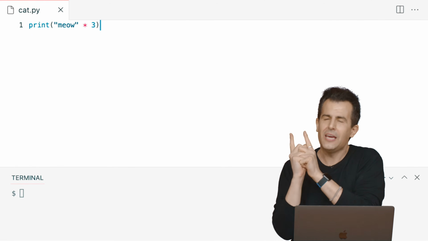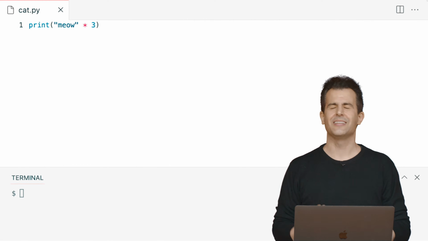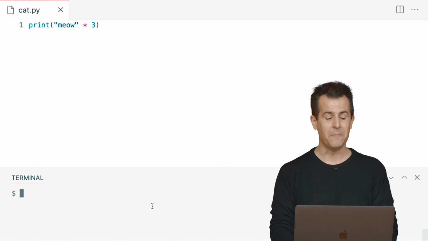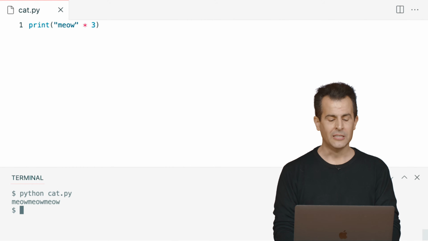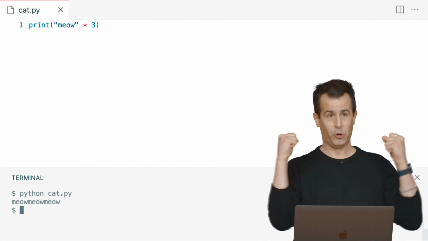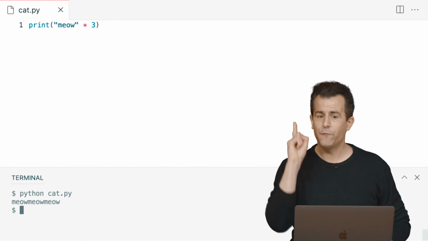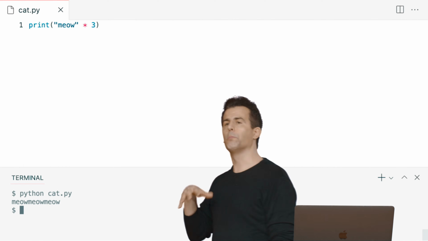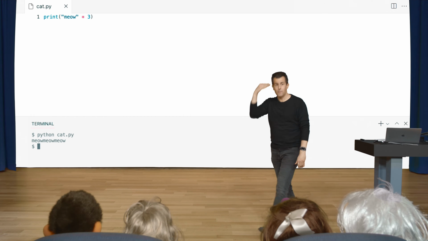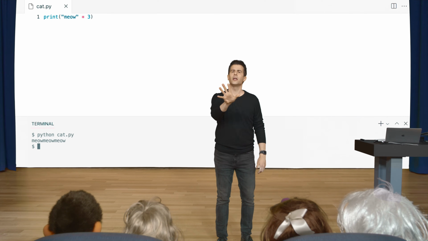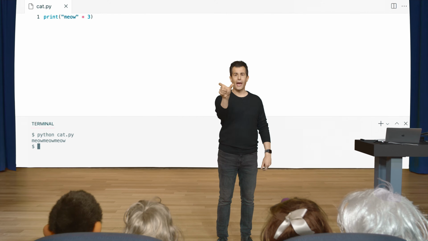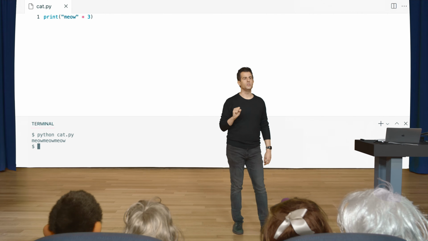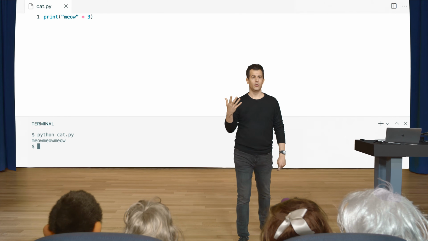Now, I've kind of made a mistake here, so let's see what this does. It's not quite as beautiful as this code might look to some of you, to me. Let me run python of cat.py, enter. OK, it's a really hungry cat or something. It's meowing really fast. But I can fix this, I bet. Let's think about some of the basic building blocks we've discussed. The problem is clearly that meow, meow, meow is being repeated 3 times, but it's not as pretty as I want it. I want it to be meow, meow, meow on separate lines. What might be a possible solution here while still using this multiplication operator?